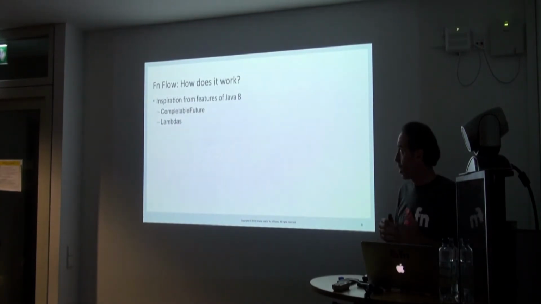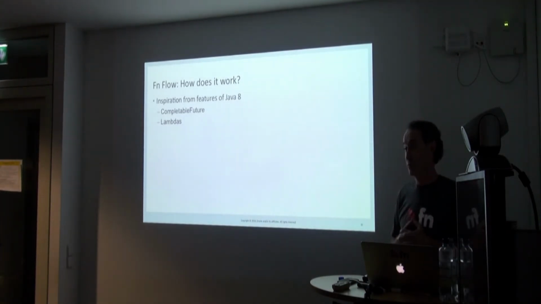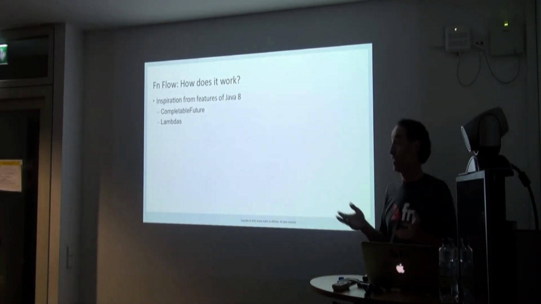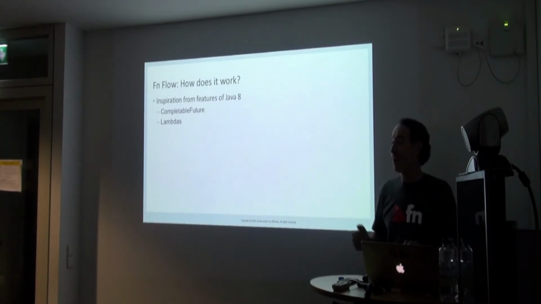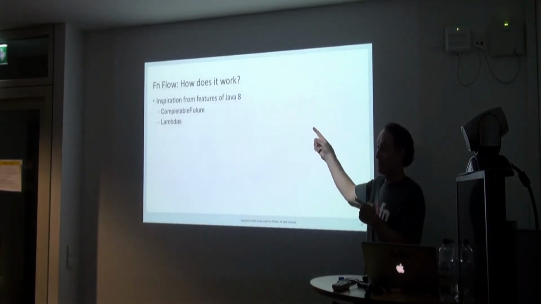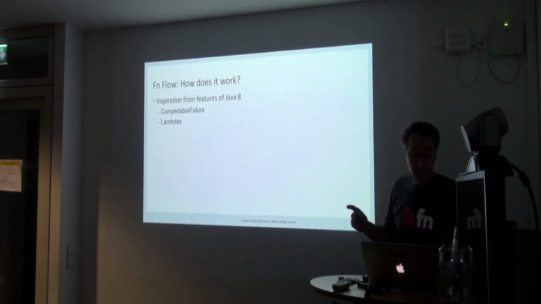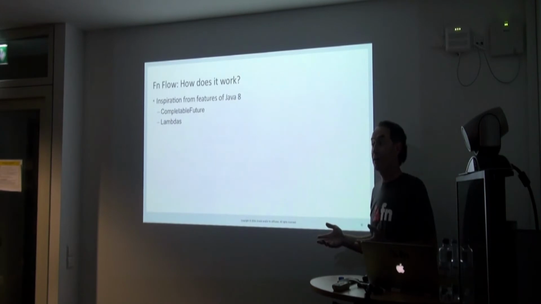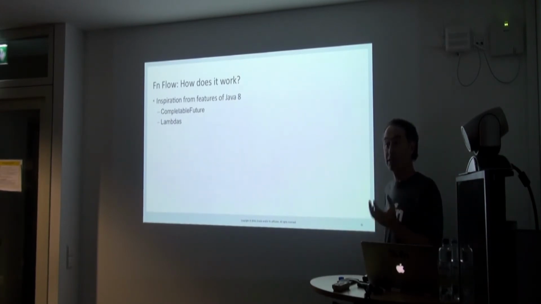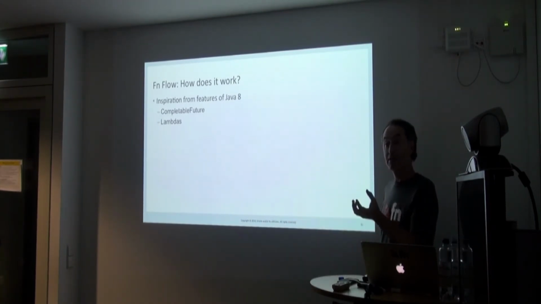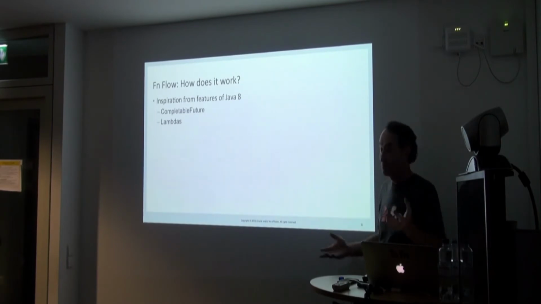So the way it works is we basically started with Java 8 CompletableFutures. Has anyone used CompletableFutures? Yeah, okay. That's more than most groups. We thought we would choose the most popular framework and work with that. CompletableFuture is a future or promise API. You can get a handle on the value of a computation that is incomplete. So you say, I want to do some computation, and this future will hold the result eventually. In the meantime, I can pass it around, I can do things with it.